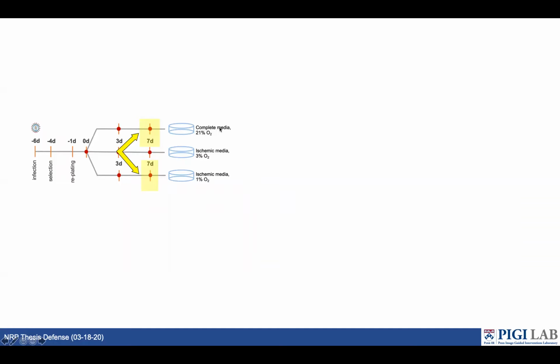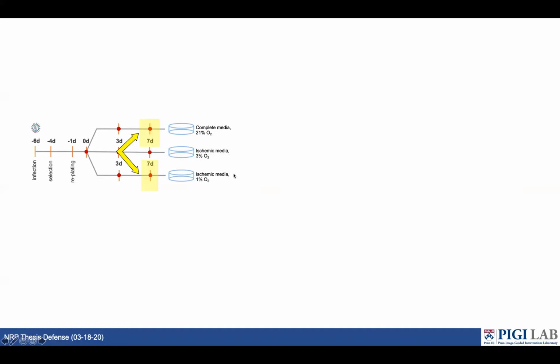And so here, what this experiment is meant to highlight is I have complete media, which has a lot of nutrients, a lot of oxygen, and a lot of sugar, compared to media that has less of that. So cancer cells that have a lot of nutrients up here or not so many nutrients. And I wanted to see, well, could we use imaging to pick out the areas that have less nutrients that are still alive? And where this is clinically relevant is potentially if a tumor has outgrown its blood supply,